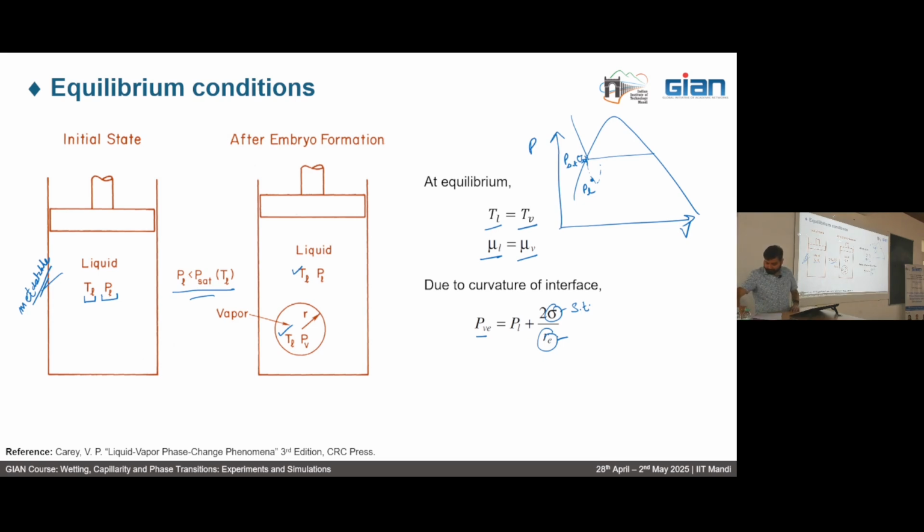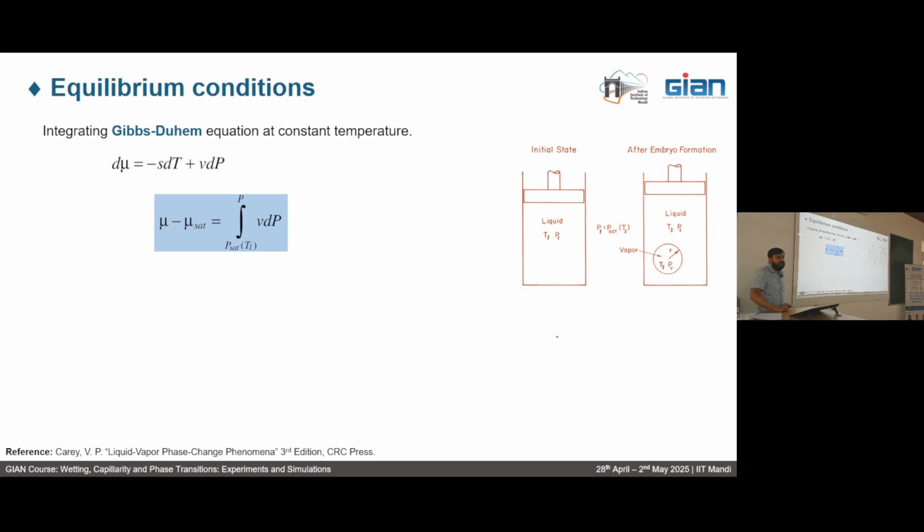Now considering the Gibbs-Duhem equation. The Gibbs-Duhem equation is an equation which relates three thermodynamic state variables, which are mu, T and P. Now we are integrating this Gibbs-Duhem equation at a constant temperature, because we know the temperature of the vapor is equal to the temperature of the liquid, TL. So it means that the dT term would vanish and we are just left with d mu is equal to